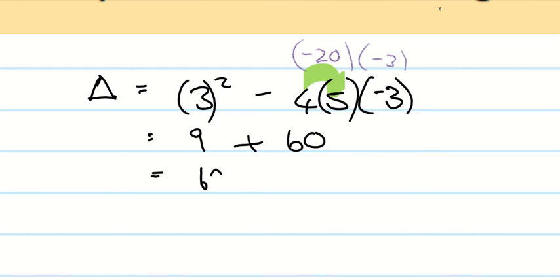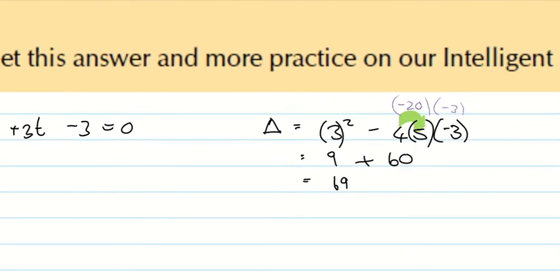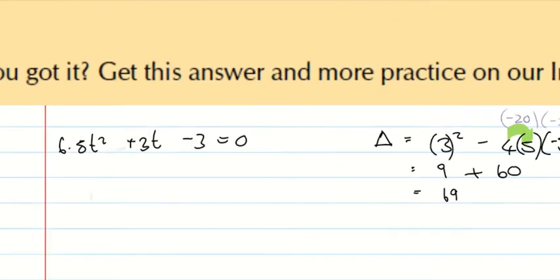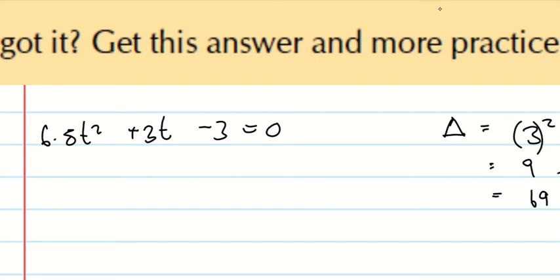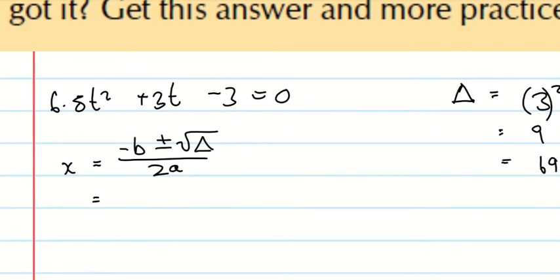And that's how we got to that answer. So my answer here is 69. So therefore I go back now and I write out my formula: x is equal to negative b plus minus the square root of the discriminant over 2a. Write out your formulas for now because it will be beneficial for you. What is my b value? My b value is positive 3, so it becomes negative 3 plus minus the square root of 69 over 2,